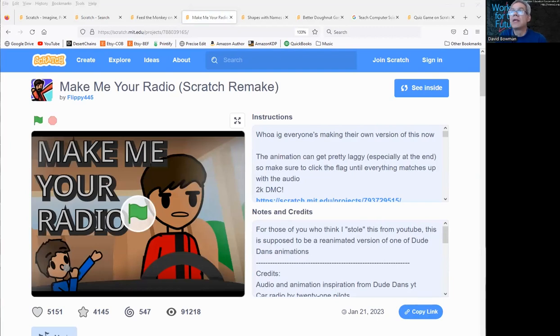So let's take a look at one more. Let me show you one little one that I did, and then we're going to jump over to Google CS First, which is a really super curriculum. I don't see many things that really impress me, but Google's CS First blew me away, frankly. So I really want to show that in just a moment. But let me take a look at just a little thing